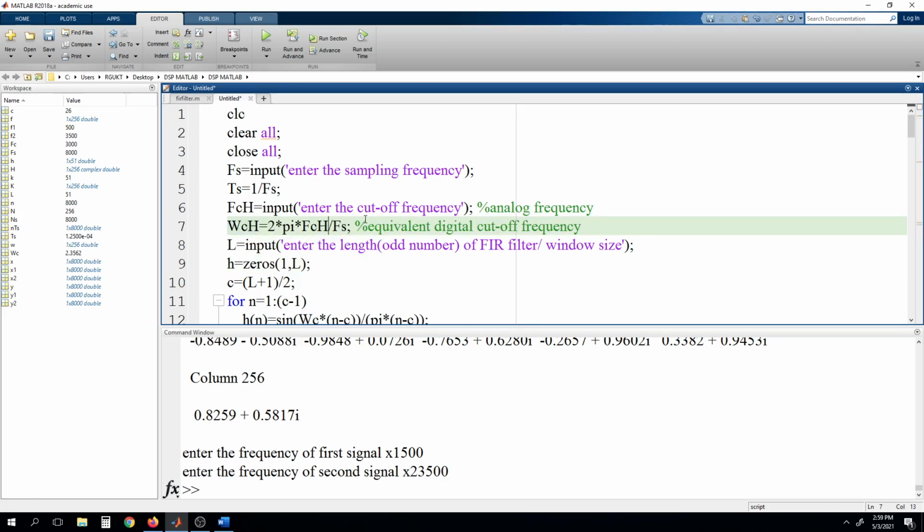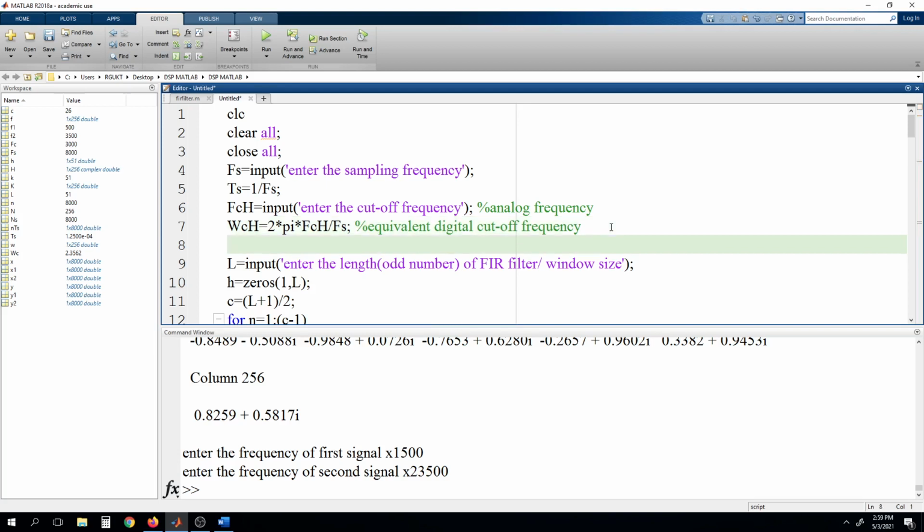Okay, so this is the equivalent digital cutoff frequency. As we are interested in writing the program first for a low pass filter and then converting it into a high pass filter, we need one low pass filter cutoff frequency also. So that we'll write like this: it will be pi minus omega c h.